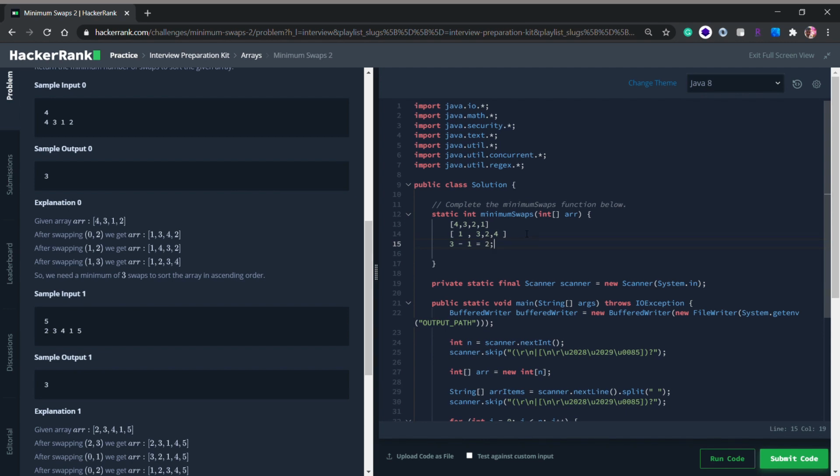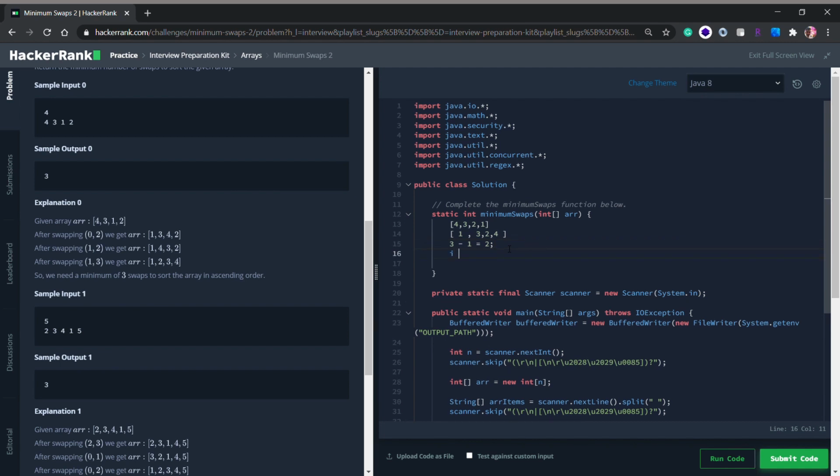So it will give us the required position of this element, where it's supposed to be, because when you look at it, 3 is supposed to be at position 2 (0, 1, 2). We will keep doing it as long as our I is not equal to array of I minus whatever our minimum element might be. In this example our minimum element is 1 and our array of I is 3. We will keep doing that, and at the end of the day we will have a sorted array and we will have our number of swaps.